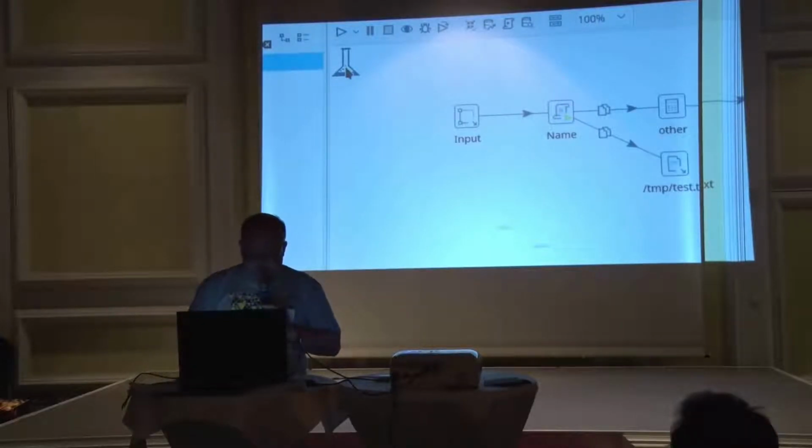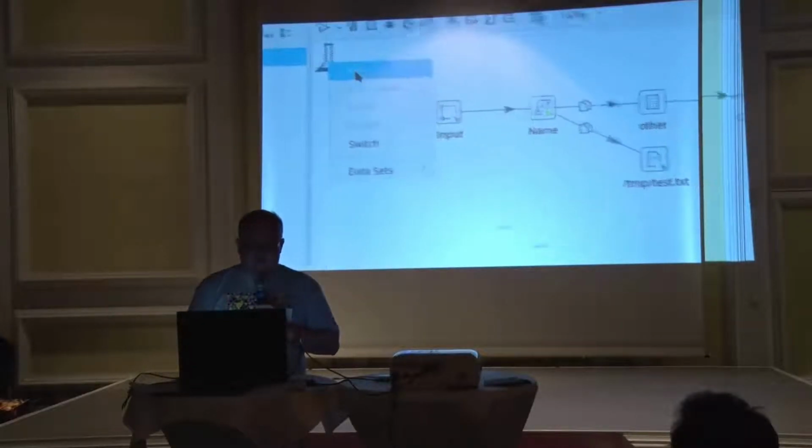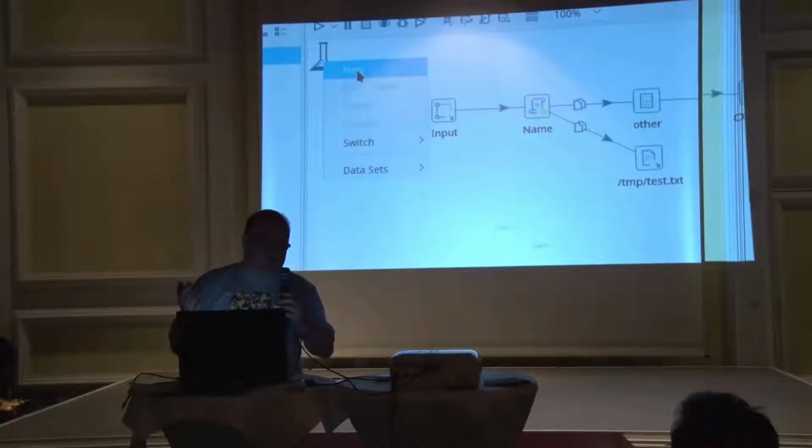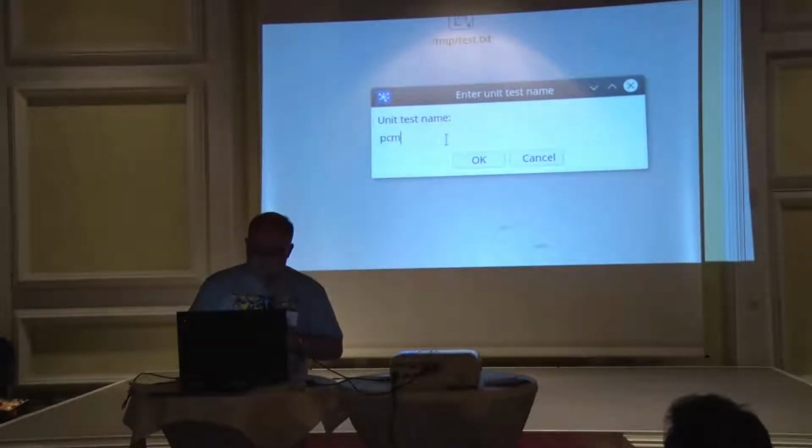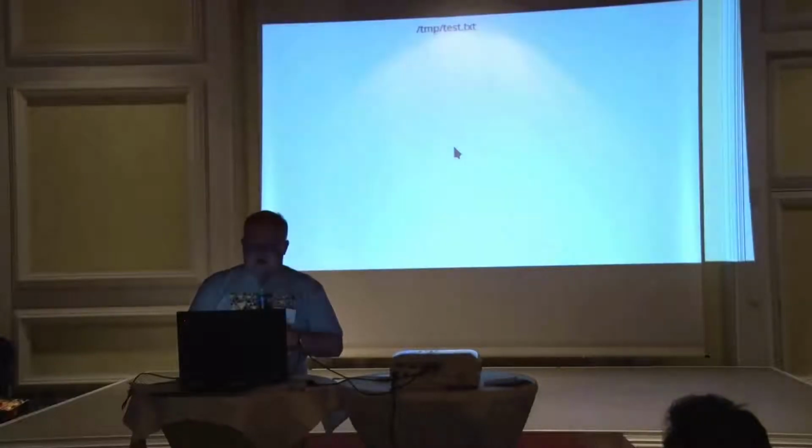So the idea here is that you can click on it and create a new test case, what we call it, for any transformation that you're building, whether you're starting from scratch, or maybe you have a transformation like the one I'm showing you right now that needs to get some input data in order to use it, because it's a mapping, a reusable transformation. It doesn't really have any input data to test with. So what we did is we can call this PCM17, and